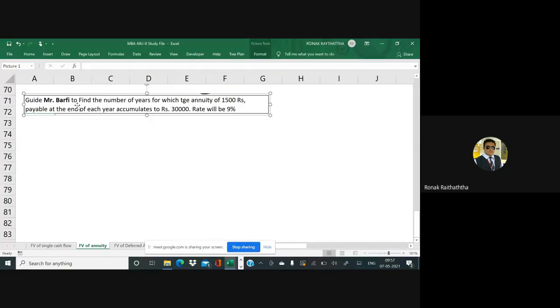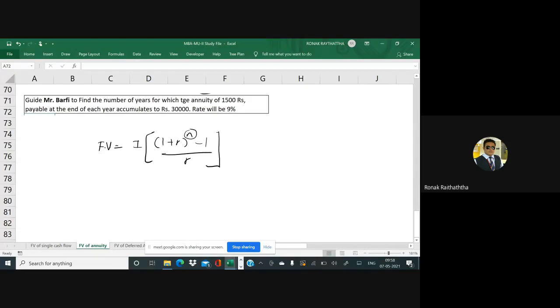Rate is 9% per annum. The FV of an ordinary annuity equals I in bracket (1 plus R) raised to N, then minus 1, to be divided by R, and the entire bracket needs to be closed. Now, the number of periods are supposed to be found, which is there somewhere in a power. So again, some bit of mathematics we'll have to do there.